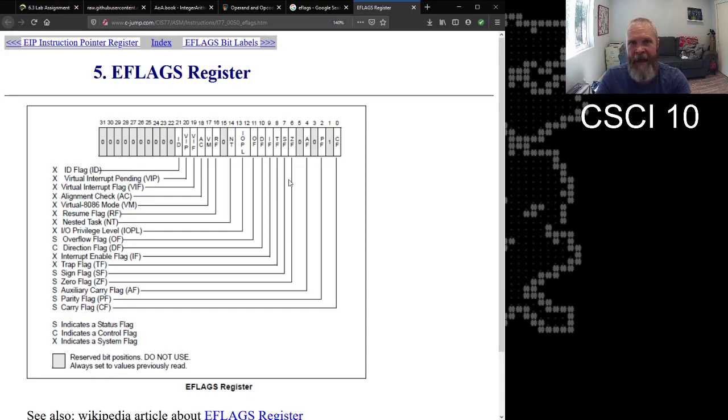So when you run an add instruction, if the result is too big, the add instruction will actually come in here and automatically, here's the carry flag right here, it will automatically flick on this bit. And the reason it does that is because then me as a programmer, I can immediately check to see if that bit has been flicked on. I know that the add instruction had an error in it, and I can do something about it.